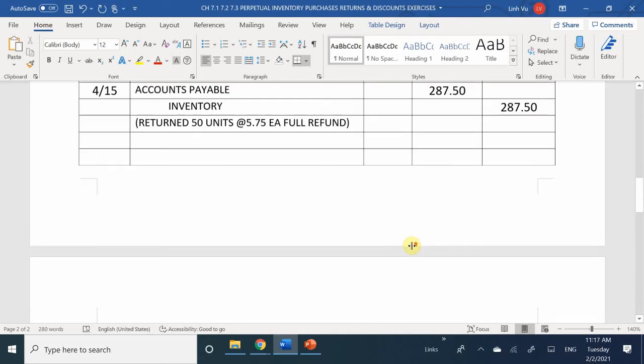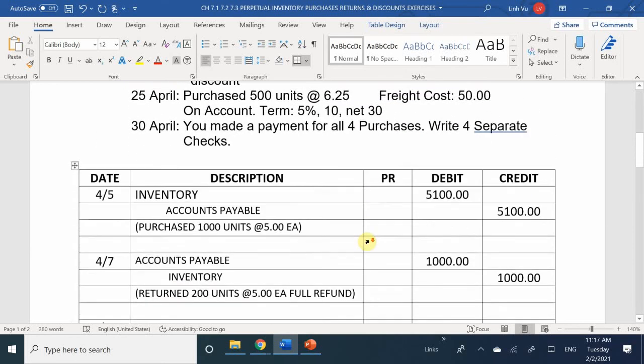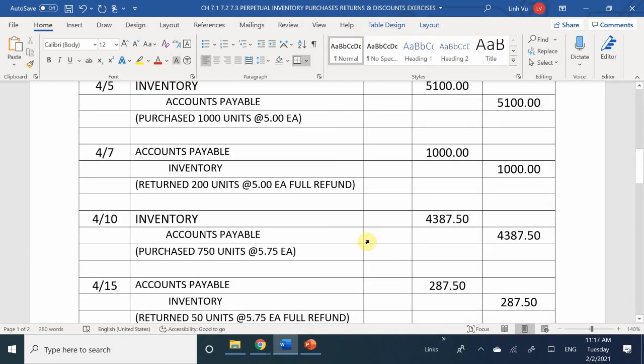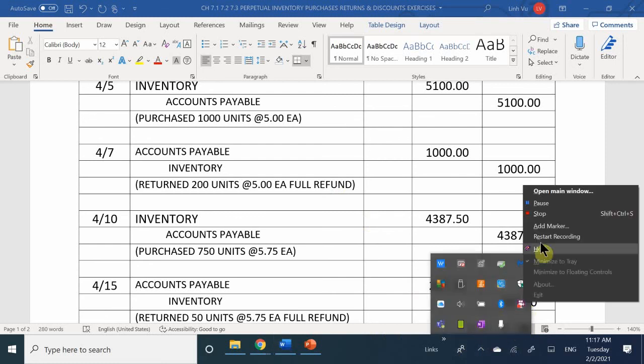And that is it for chapters 7.1 through 7.3. That is perpetual inventory purchases, okay? Any questions in regards to this section? It's pretty straightforward. You're going to post this on the Google Drive. Everything's going to be posted on there. Okay? All right. If you guys don't have any other questions tomorrow, we will go over